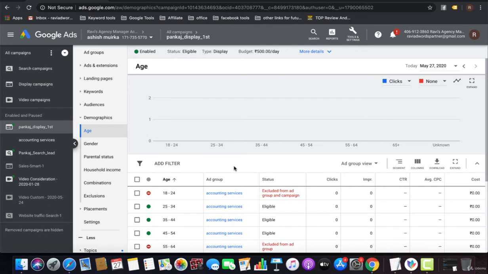That will help you to increase your audience relevancy, to show your ads to the right people, to the right audience, and that can result in maximum conversions. So this is all about display ads, and now we will talk about